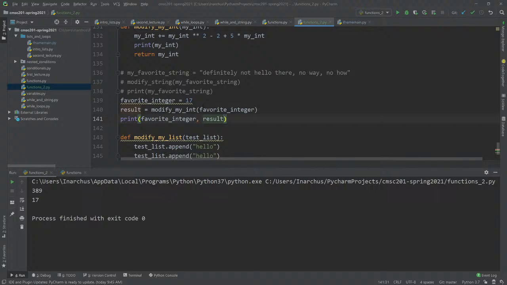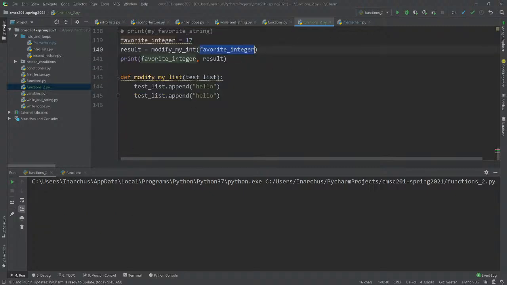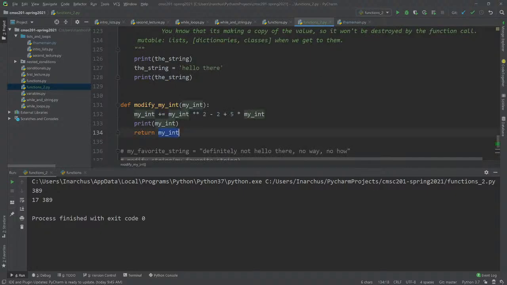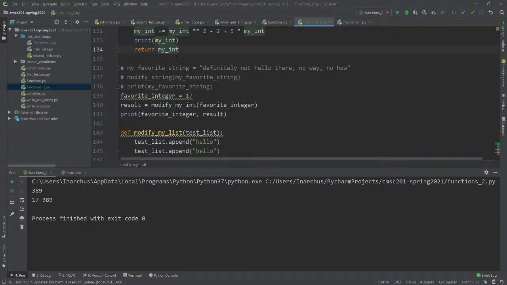But my point isn't that you can't return it. You can definitely return the value. My point is that the original variable doesn't get modified. So if you notice here, the original variable doesn't get modified. The result is different, right? The result, when you return my int, is different. But that's how you retrieve the result from inside of a function: you return it. I'm just trying to distinguish those two things. In one case, we're getting a result from a function. In the other case, we know that we're not changing a parameter or an argument, or whatever you want to call it, as it's getting shoved into a function.